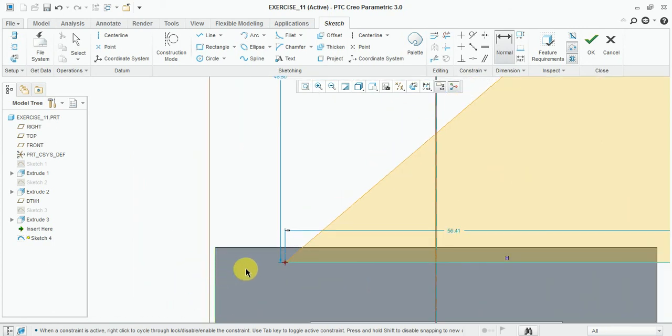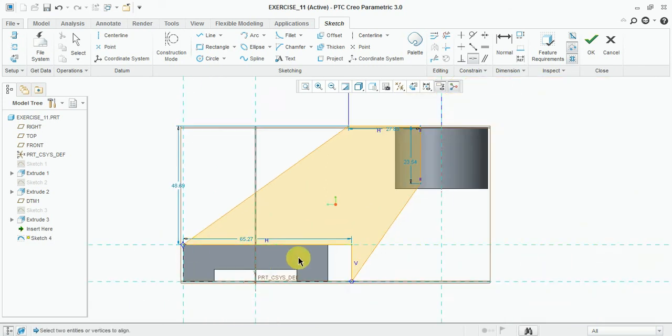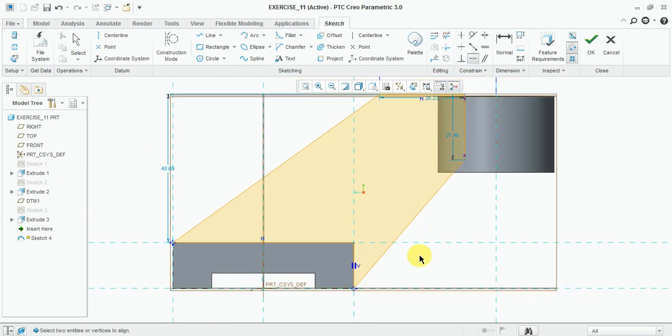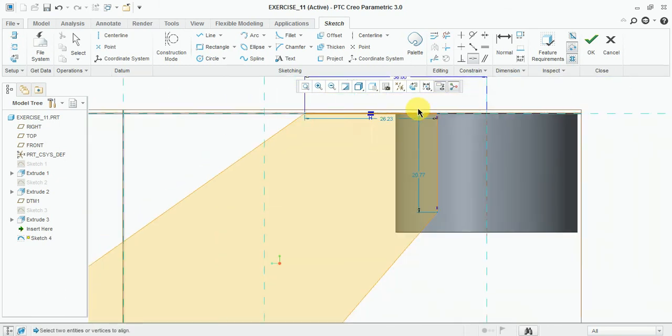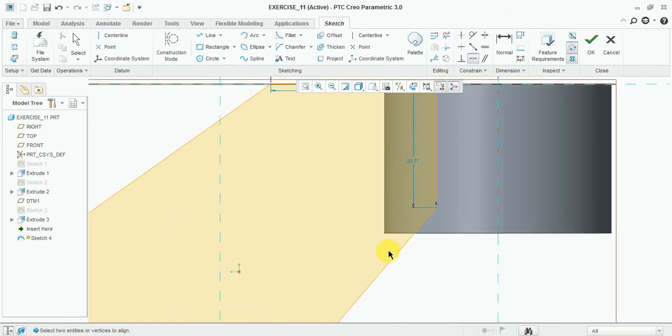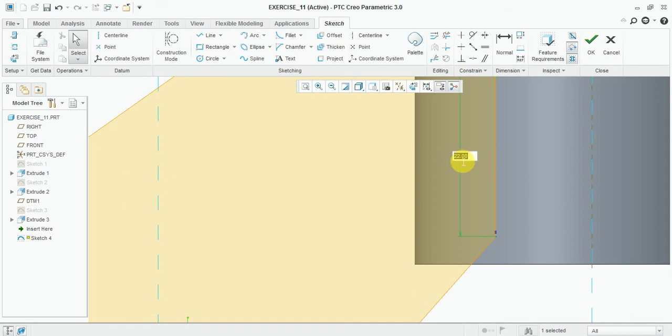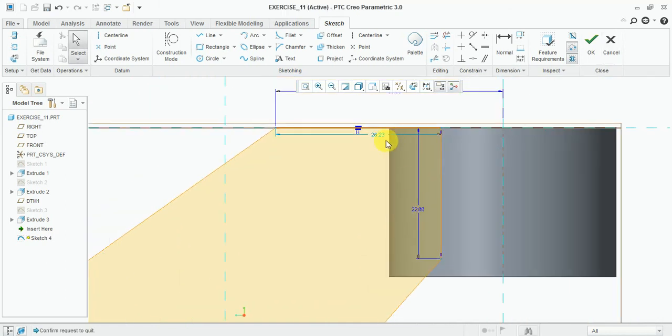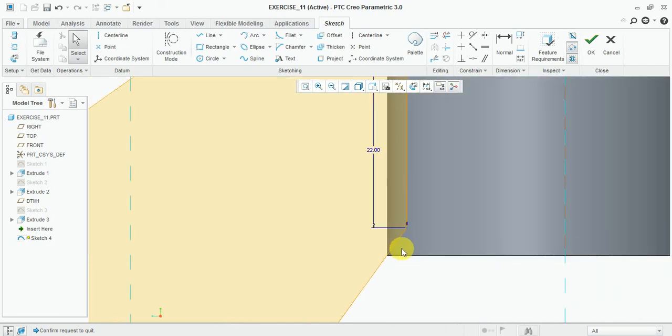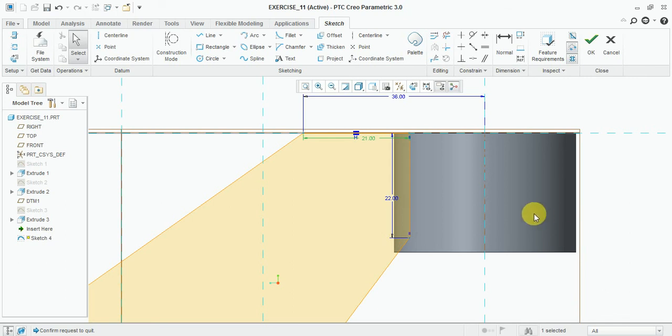Now connect this edge. Now enter here. Finish this one.